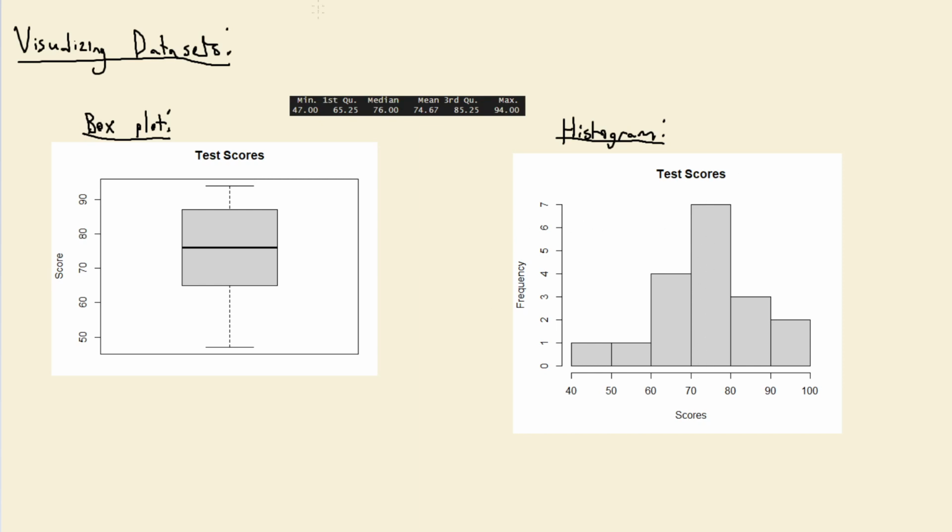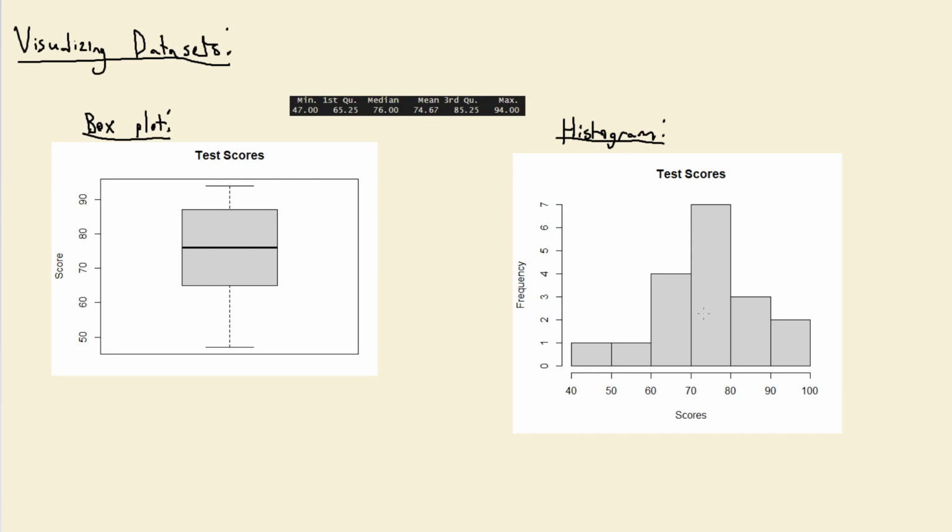And exactly what you would expect, the median here is 76, and the mean is a little bit lower than that, probably being brought down by this horrible score of a 47 here. And so the histogram here is going to give you a better indication of the shape of a distribution, the way that the data is spread out, whereas this box and whisker plot is a good way of making very quick judgments about median, about interquartile range, where that 50% of the data is sitting, and the range of the